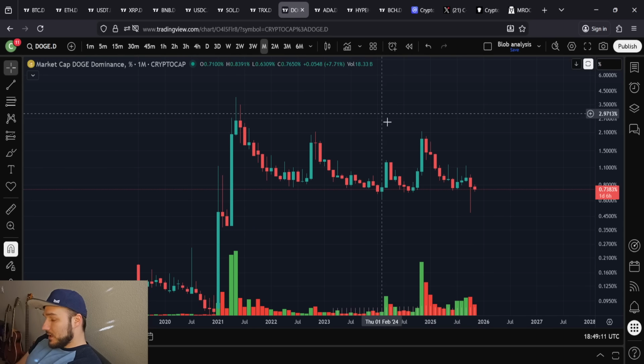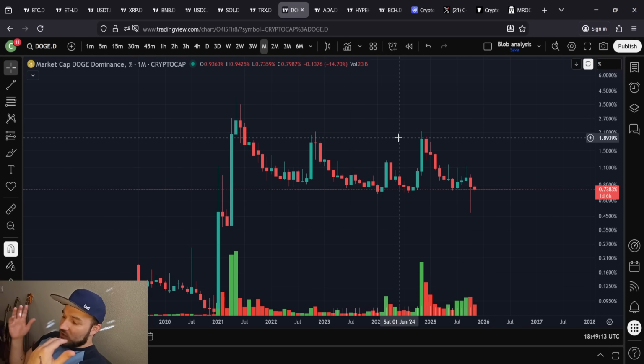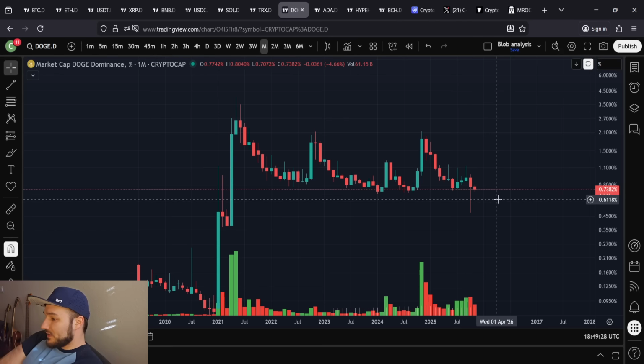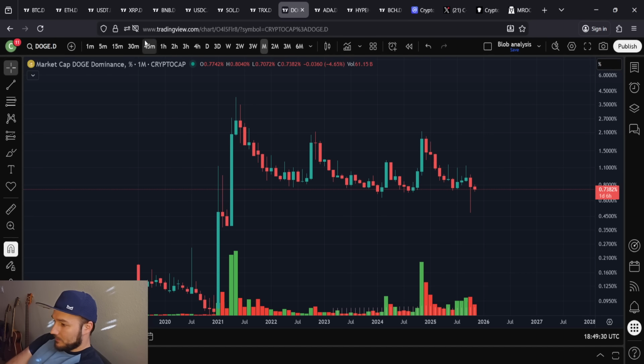Doge is down a little bit. And by the way, all of these cryptos, even if they're red, can still do phenomenal. They can still perform on average with the rest of the markets or even above average, maybe just below average, whatever. I think Dogecoin will see prices worth several dollars by the end of this cycle. I think we'll see a $4 price or more. Same thing with Ethereum, I think good things are coming.